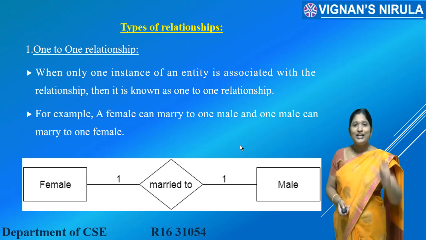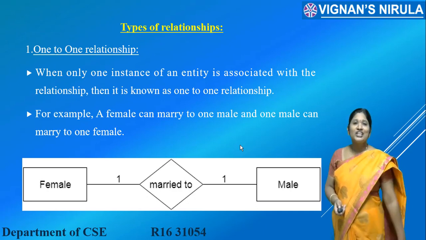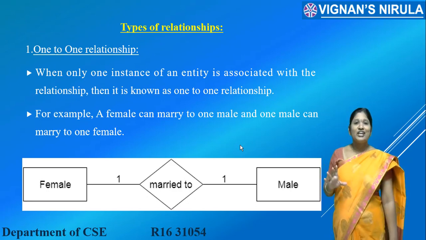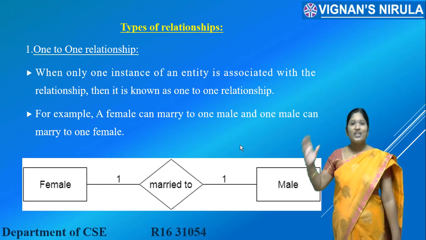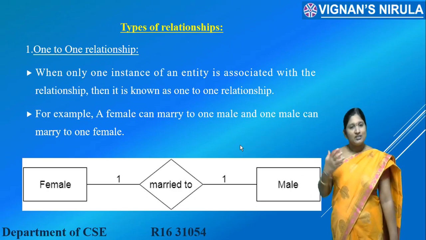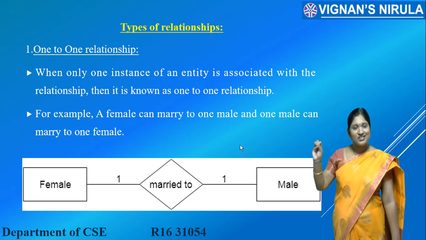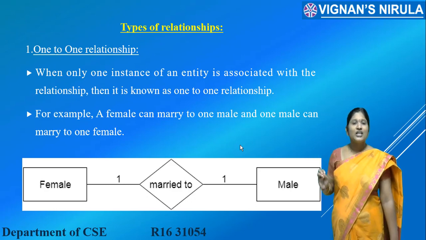For example, in order to depict the one-to-one relationship, the database that has been given is that a particular female candidate is married to one male candidate. Sujata is married to Adinarayana. Sivaparvati is married to Lakshmaya. Lakshmi Nasama is married to Jagannatha. Likewise, the database has been given. So here, what are the things that have been represented in your database? Sujata, Lakshmi Nasama, Sivaparvati, as well as Jagannatham, Lakshmaya, Adinarayana.